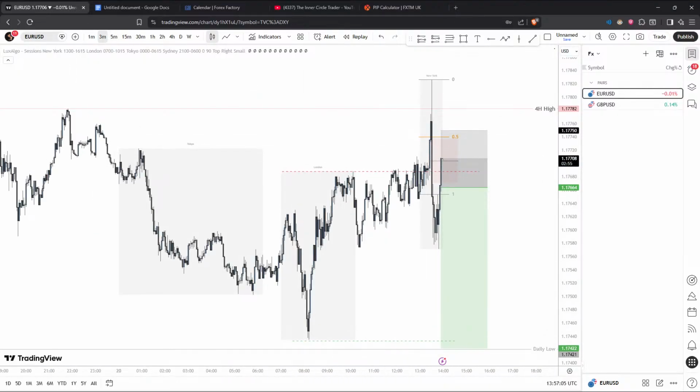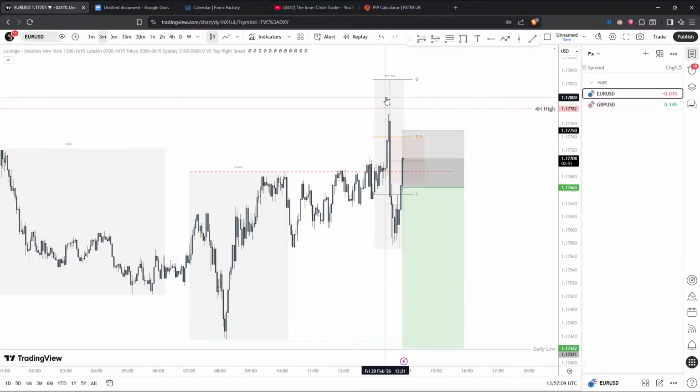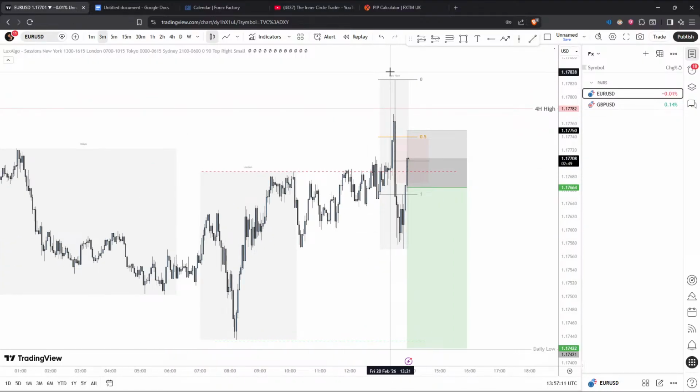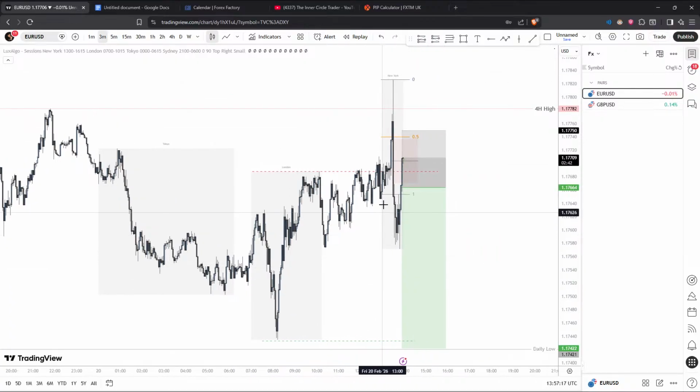So why did we enter this? It obviously, hopefully hits TP, but the reason why we entered is because we had a spike up, which is what we identified as the Judas move. We then had an acceptance back into this London range, which is here. We stayed under it for multiple candles. We have a fair value gap, an area of imbalance, which we've come back up to,